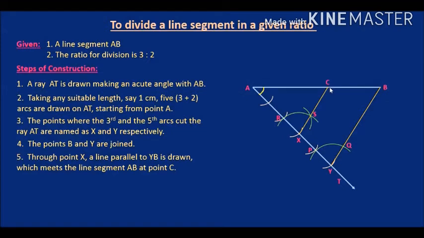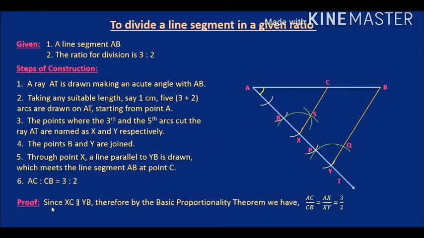Now your angle PYQ and the angle RXS are equal. So SC is to CB. What is the ratio of SC to CB? The ratio is 3:2. That means SC is in 3 ratio, whereas CB is in 2 ratio. This one we can prove by using our BPT.